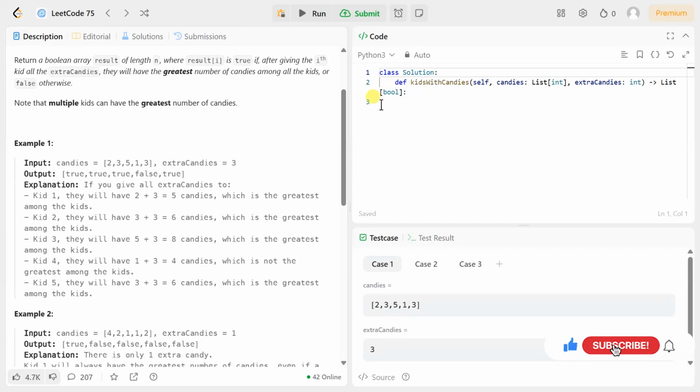Here we have been given this function, kids with candies, and it takes 2 inputs, the first one is candies and the second one is extra candies. Here candies is a list. Okay, so we will define max candies equal to max of candies. Okay, like max of the list. And now we will check and return